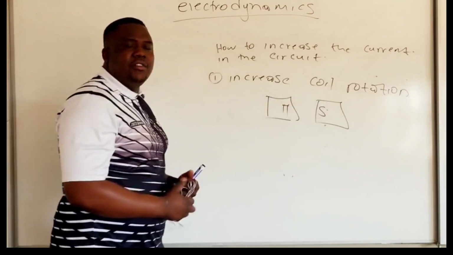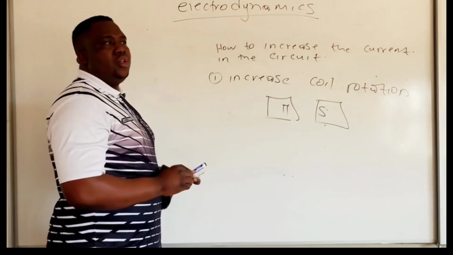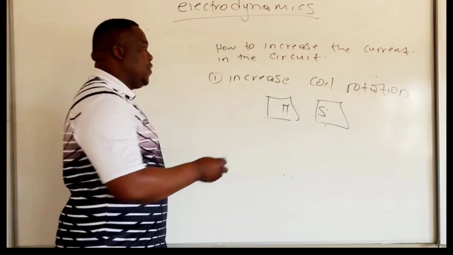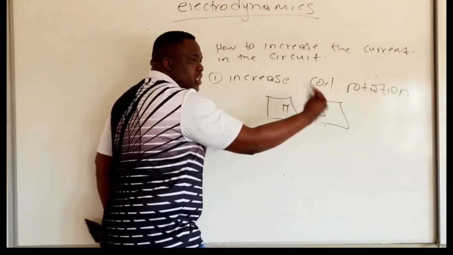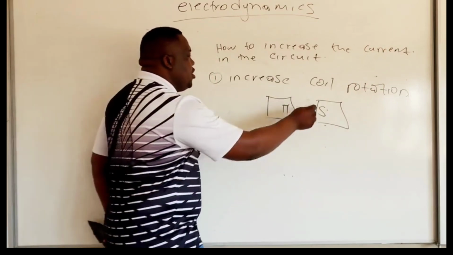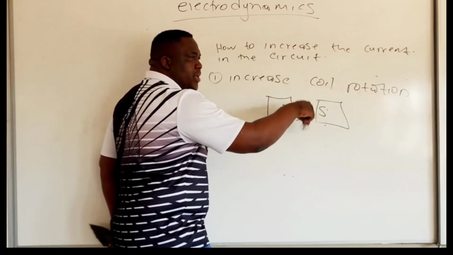When the coil moves faster, it causes the current to be high by increasing the electromotive force. So that is the first thing. If I want to increase the voltage, I'll just rotate that coil fast. It is simple. It means if you are rotating the coil slow or the coil is moving up and down,